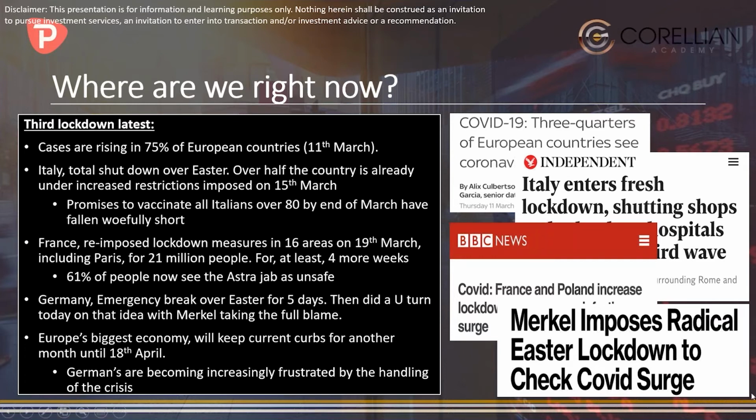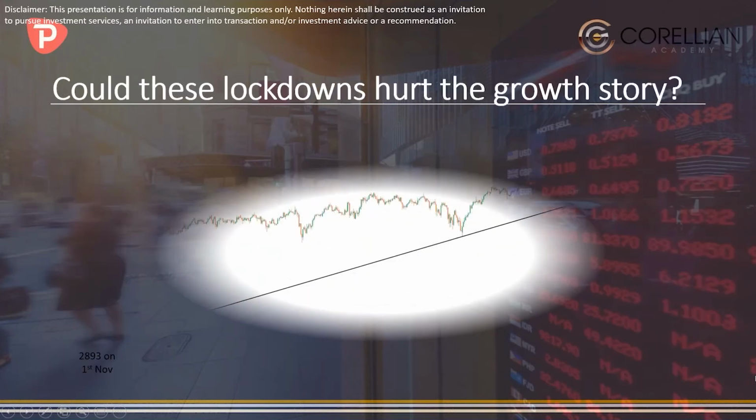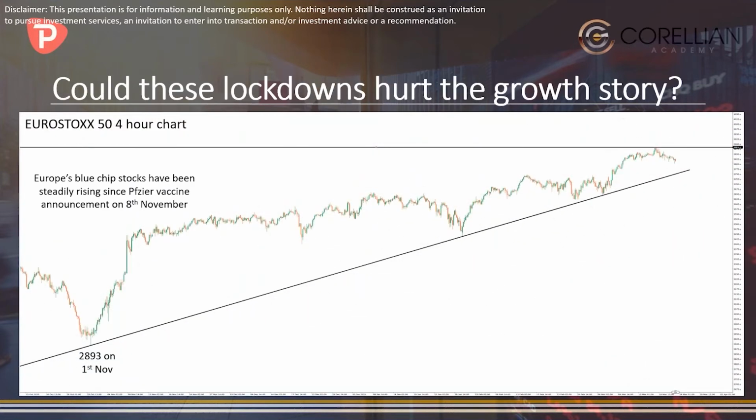I'm not sure it's going away, and we have seen some significant shifts in sentiment towards locking down, face mask wearing, and all the rest of it. But we have got an issue here: these lockdowns will delay recoveries and therefore possibly hurt the growth story,